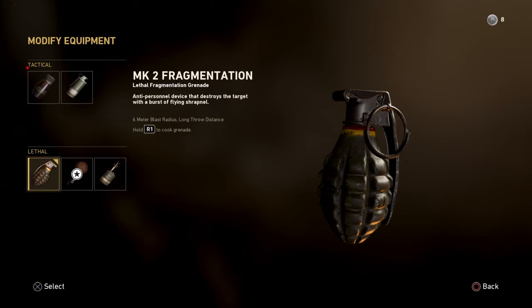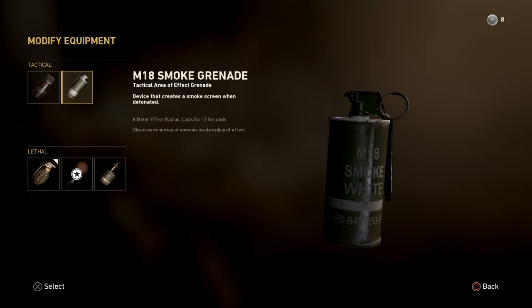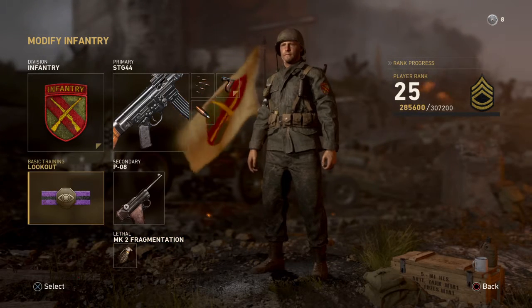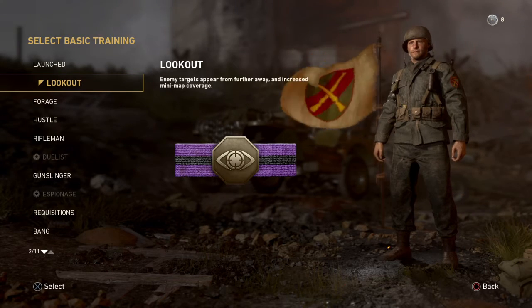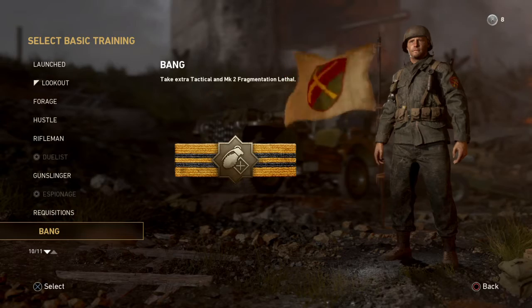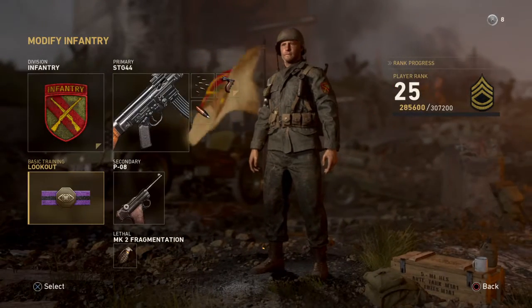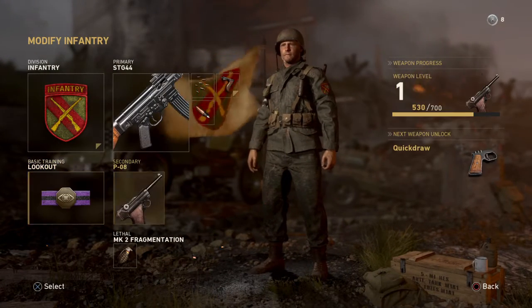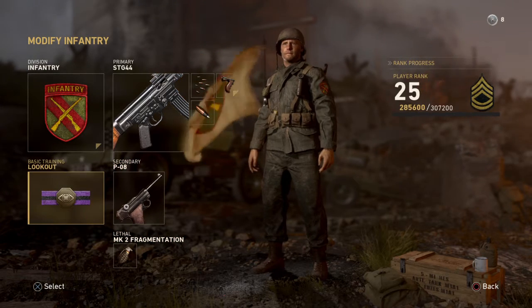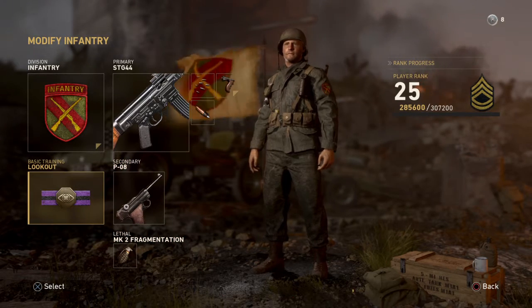However, if I'm playing war, I will switch to the smoke grenade, which will give me obviously cover for when we're taking the bridge and doing various things. Also, if we're playing war, I'll change out from lookout to bang. That way, if you equip the bang's basic training perk, you can have a frag grenade and a smoke grenade, which is very good, because you know, mini-map in war, well, you really know where the enemies are going to